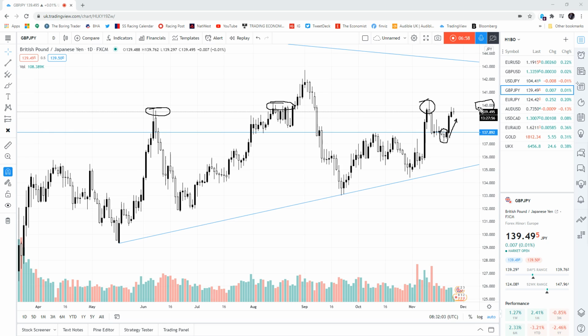So if we've got to push higher, we need to break this up, obviously. But beyond that is fresh air, and I think a close above it will lead to a further push higher, especially after this good momentum this week. If we see a retracement, then expect 139 to become support, which has acted as resistance, and below that 137,